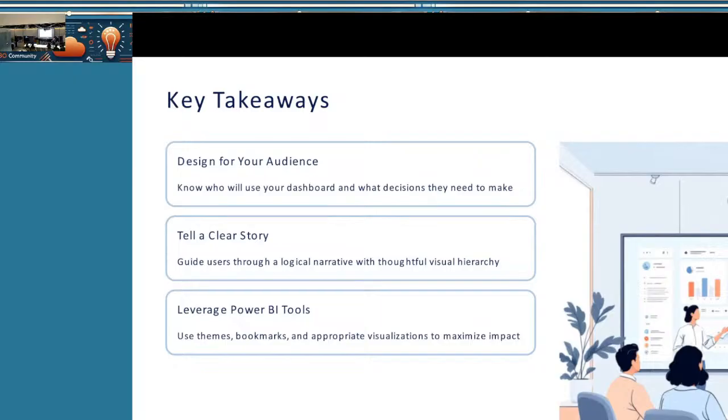Is there anything you also want to cover? Yeah, that's it. So again, make sure you understand who you're developing for. It's very crucial. Don't just go there and blindly put your developer mind on it. Really try to lead with empathy, which basically means putting yourself in the shoes of the person that is going to actually consume this dashboard. And make sure you have a clear story, and the flow should be very simple. It'll be easier for users to know where they should start looking and where the dashboard ends. And you could use the tools that you're going to explore here, themes, bookmarks, conditional formatting, and so on.